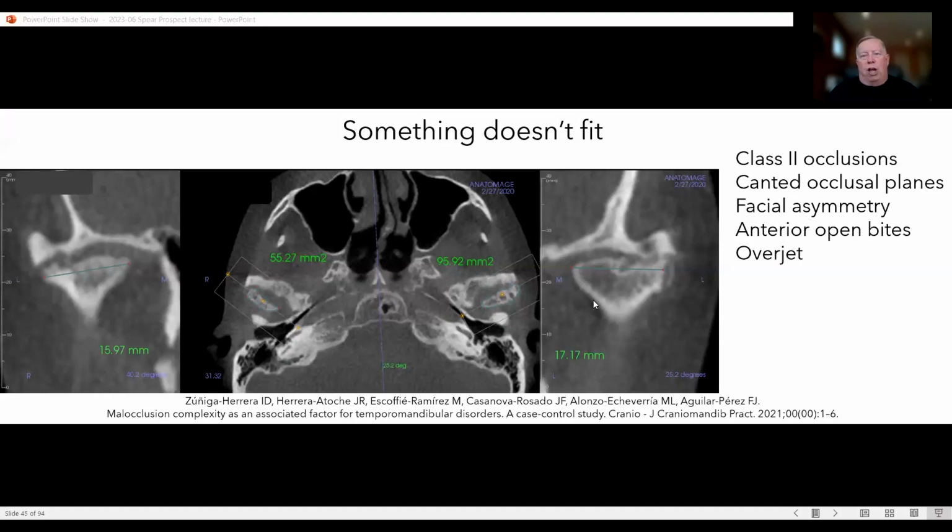Take a look at the shell again on the M&M. The shell is broken down on the right side. The shell is broken down severely on the left side. This is something you want to know about before you start orthodontic treatment, because that's the reason the patient came